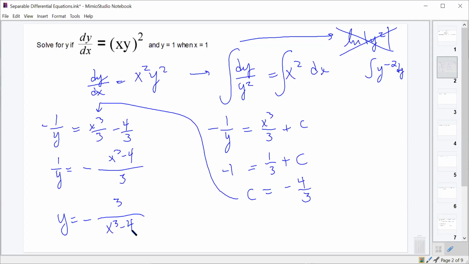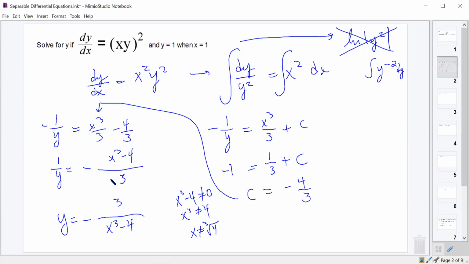What's wrong with this x cubed minus 4 in the denominator? We know that x cubed minus 4 cannot equal 0, which means that x cubed can't be 4, which means that x can't be the cube root of 4, right? We have a discontinuity in this. And so